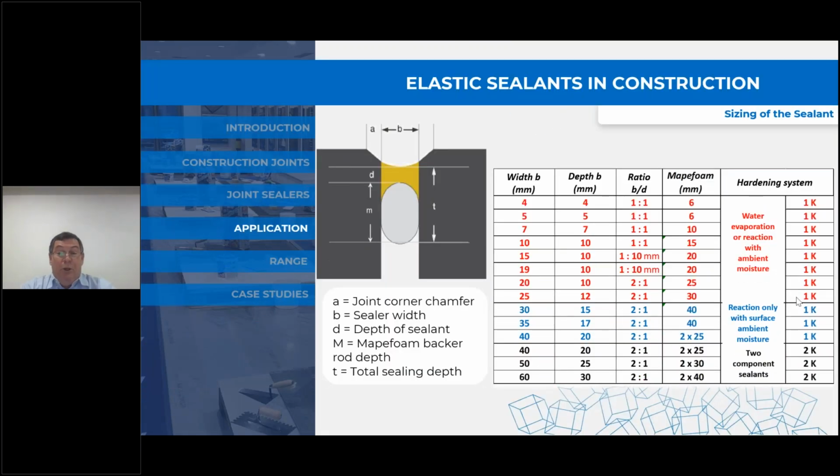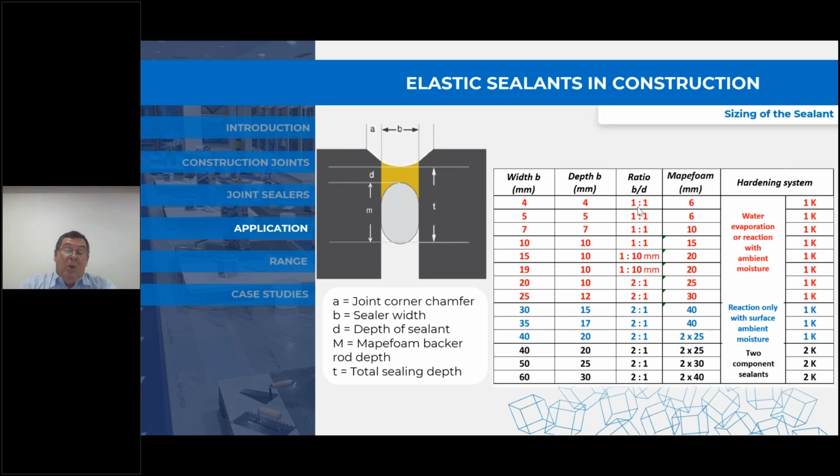Okay, this is the graph I was talking about. So we talk about width to depth ratios. Up to 10 millimeters is 1 to 1. From 15 to 20, it's generally still 1 to 1, or 10 mil deep, and the width. And then from 20 mil on is 2 to 1. So 20 mil wide, 10 mil deep; 25, 12; 30, 15. So this rule of 1 to 1 up to 10 millimeters and 2 to 1 width to depth ratio over that is a very hard and fast